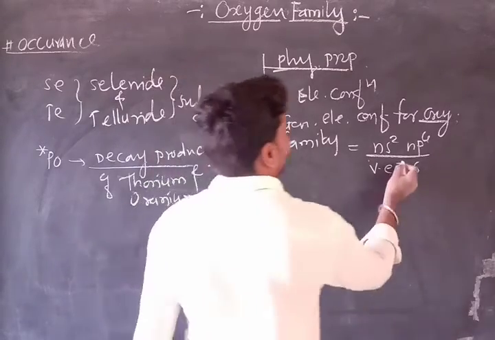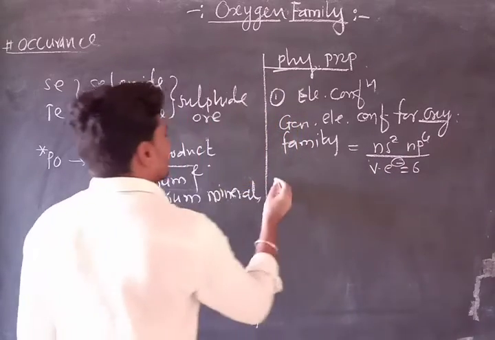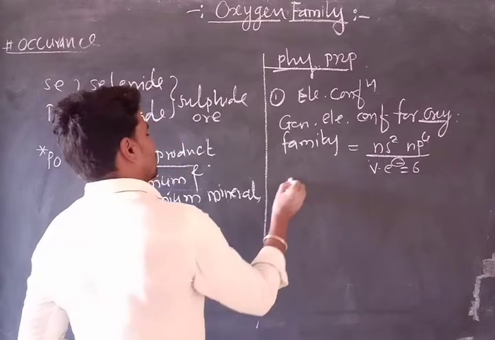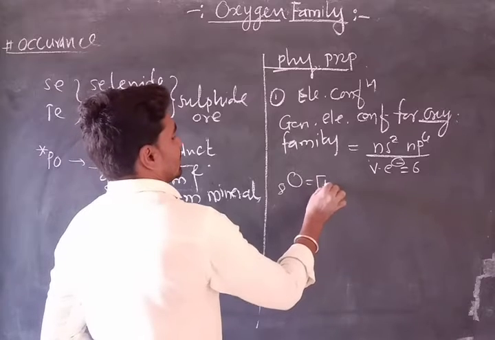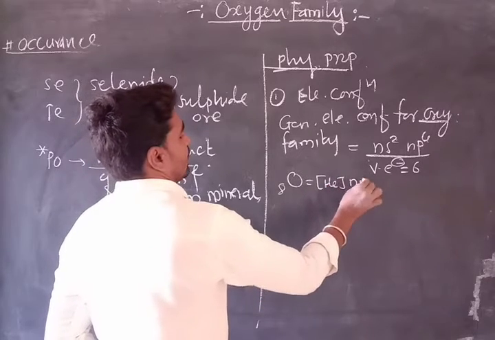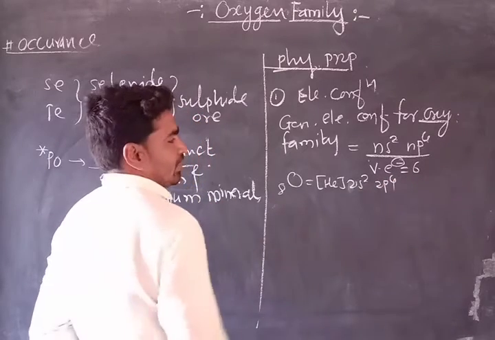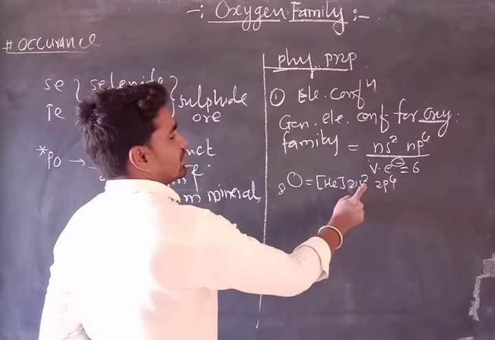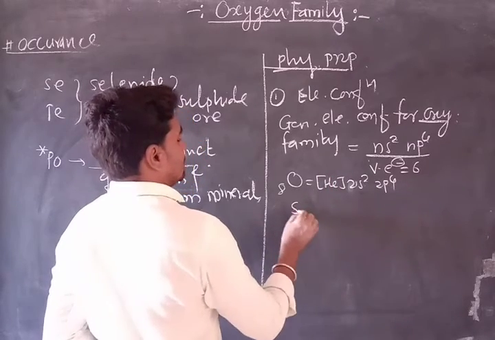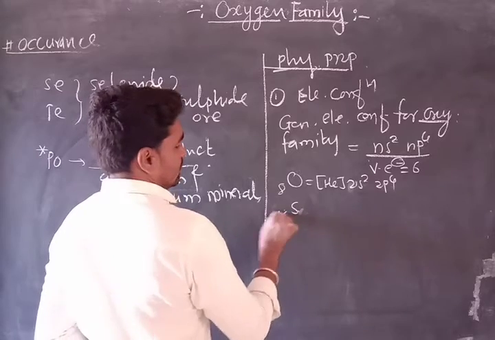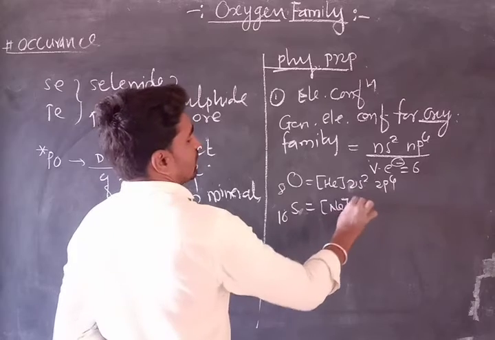So it has a number of valence electrons 6, ns2 np4. When we see the electronic configuration of oxygen having atomic number 8, its electronic configuration is helium 2s2 2p4. Now this 4 plus 2 is 6, and the helium's two electrons are included in it. After that, sulfur, having atomic number 16, has electronic configuration neon 3s2